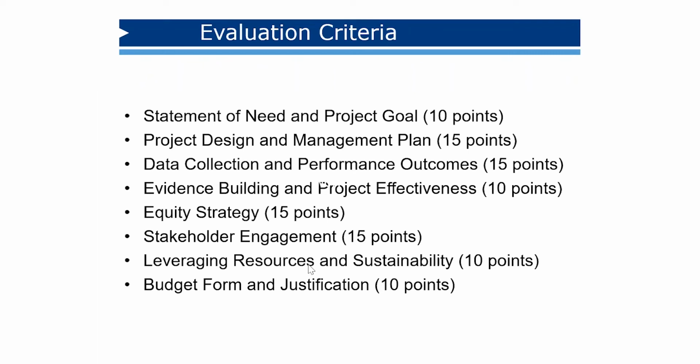So again, we'll go to the next section of the application, which is project design and management plan. This is exactly what it sounds like. This is where you tell us what you're going to do with the money. The next one on here is data collection and performance outcomes. This is a place where we put some increased scrutiny this year. You need to really and clearly spell out how you're going to collect information on the outcomes related to